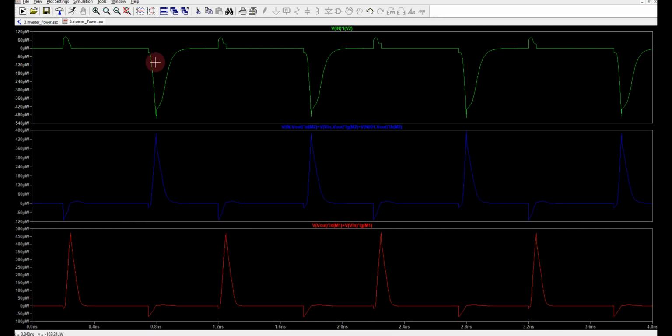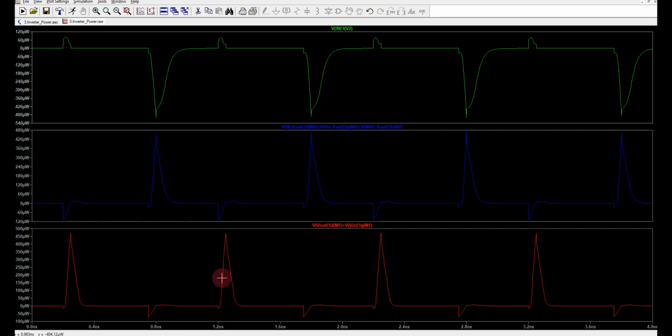Now if you see again, this is whenever the output is being charged to high, so the power is being dissipated in the PMOS. At the same time, power is being drawn from the source. It is negative, this is positive. I have not plotted the output signal, but whenever the output signal goes from high to low, the power will be dissipated in the NMOS. During that time, there is no power being drawn from the power supply source, except for a little bit of short circuit current, right?